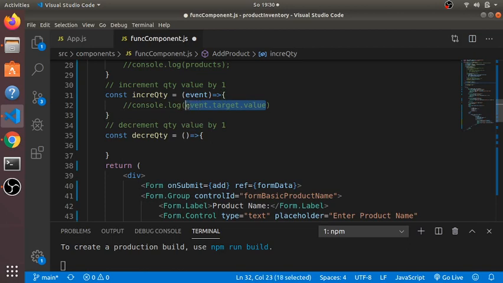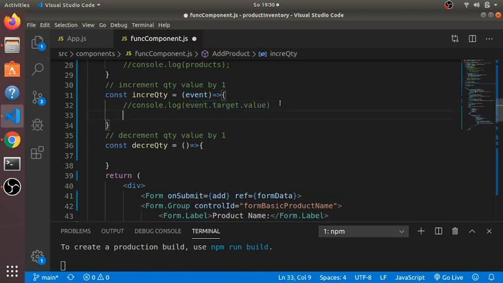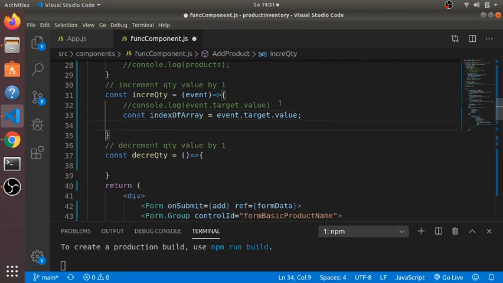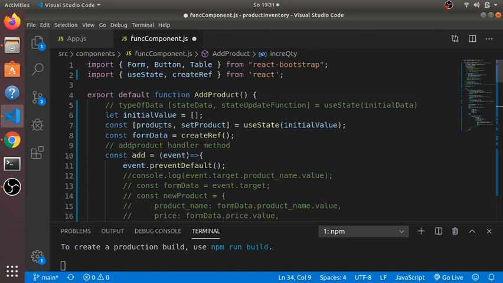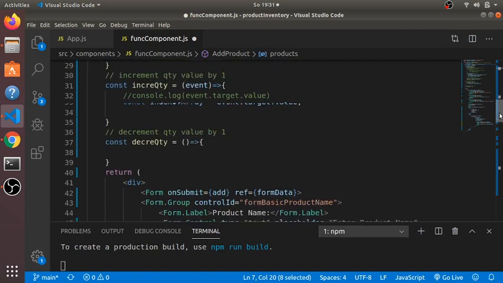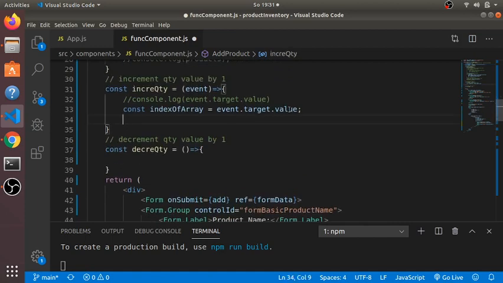Why did I need this? Because this data that is coming is actually a variable. So you can write down const indexOfArray. That means the index number of the array is actually hidden here, and based on this index you can update the state. In this case, products is your state. So if you want to update the products, you can write here